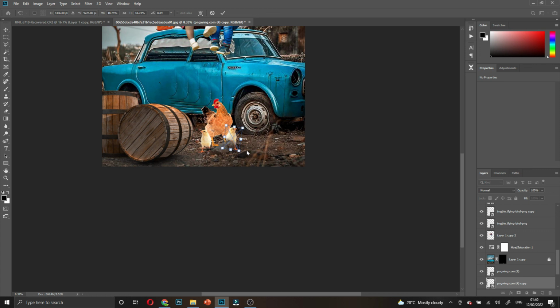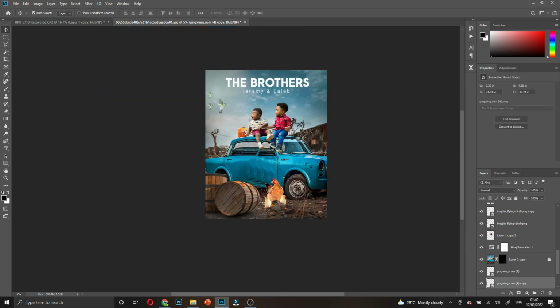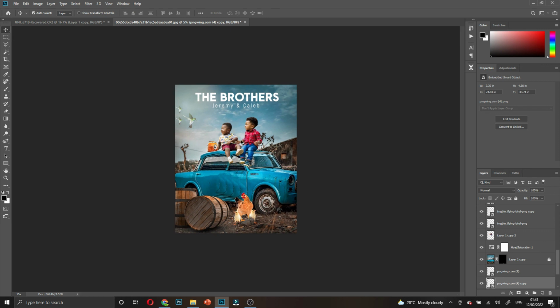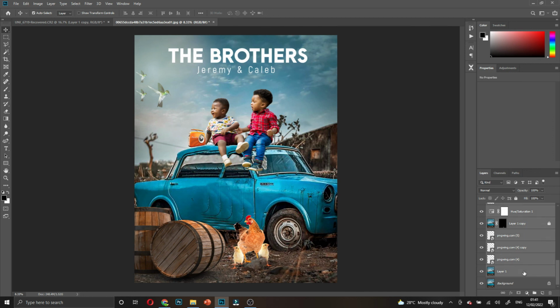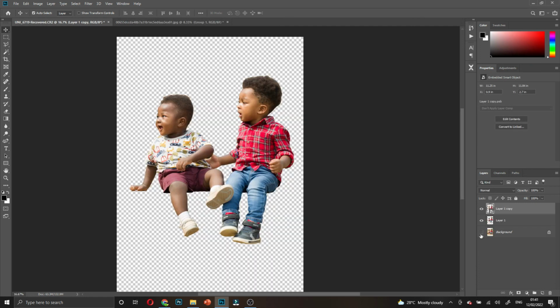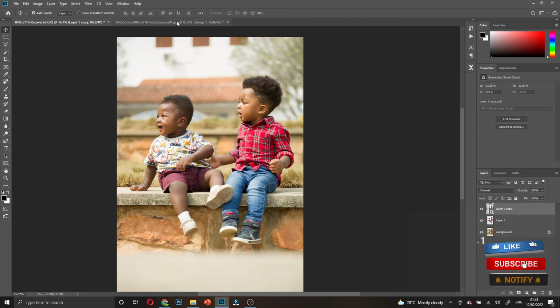So guys, see what we have done. So this is one of the simplest ways of manipulating images. This is how far we have come. So let me group all. So before, after, so you get to know that we have placed a lot of elements in this. So this is the before of the image. This is where they were sitting. Then we have been able to manipulate